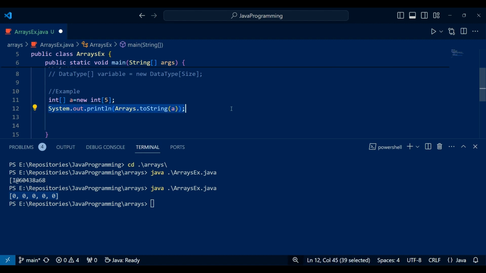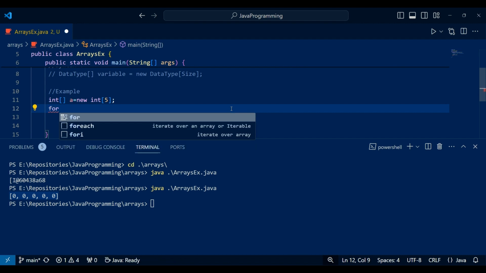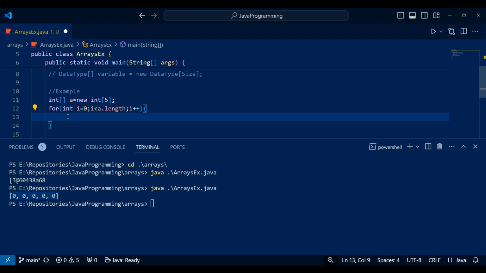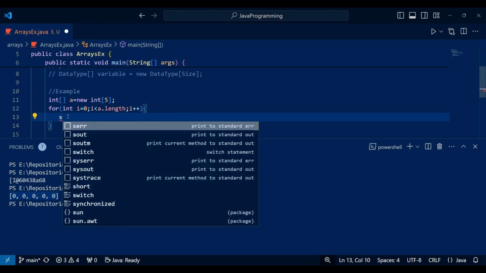Now let me show you. I am using a for loop. The index starts from 0 and I iterate up to the length. You don't need to provide braces. For the length, you can use a.length. This is one approach to find the length of the given array. Now I can print it as System.out.println of